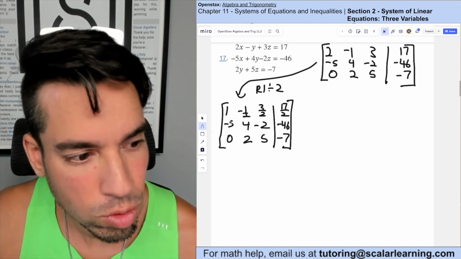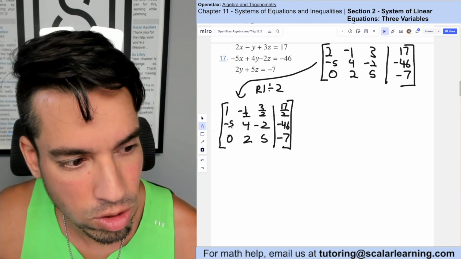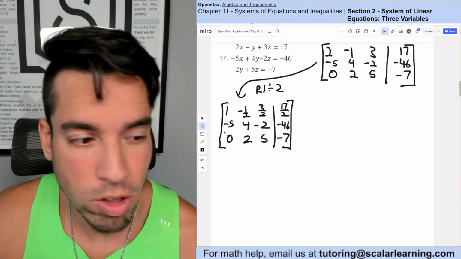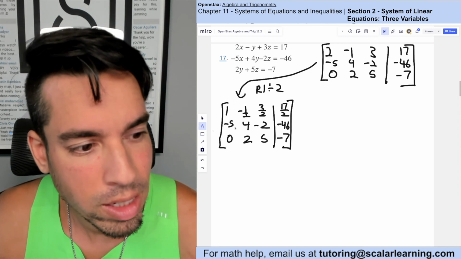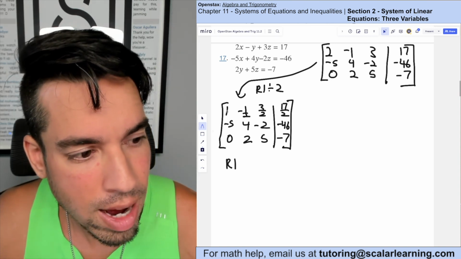Now, the next thing I want to do is convert this to a 0. I kind of go in this order. So we got that to 1. Now we get this to 0. That one's already 0, so that's cool. So to get this to 0, we can't multiply or divide, right? If I multiply by 0, it zeroes everything out. We don't want that. But what I can do instead is I can take row 1 and I can multiply